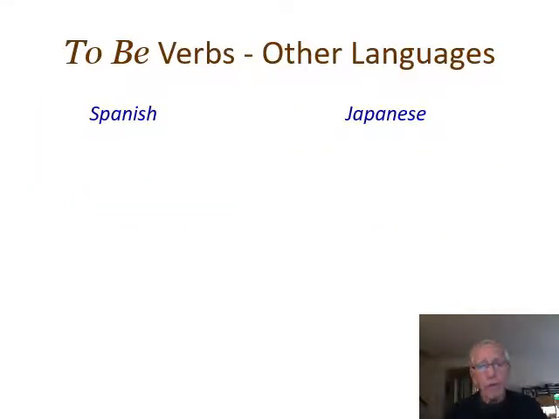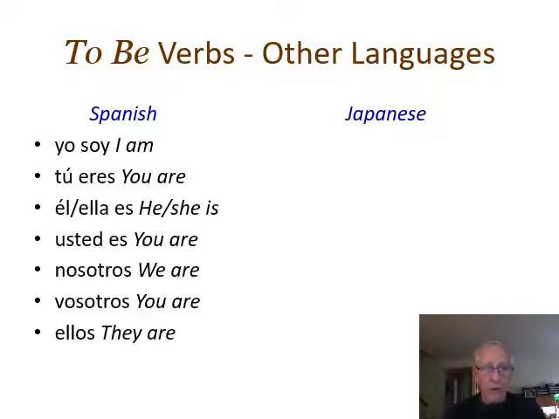To be verbs are very common in other languages also. For example, in Spanish, if you know Spanish, you would see many of these. For example, I am, Spanish would be yo soy. And you see others, ustedes, which is you are, we are, which is nosotros, or you are in a different sense, vosotros. In the case of Japanese, which I just came across in my researching,